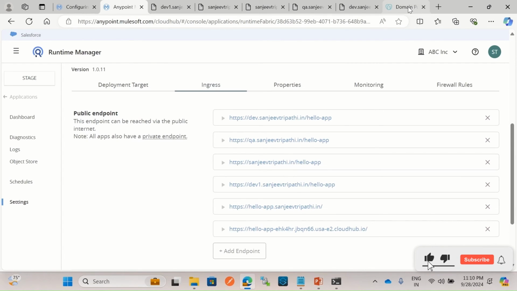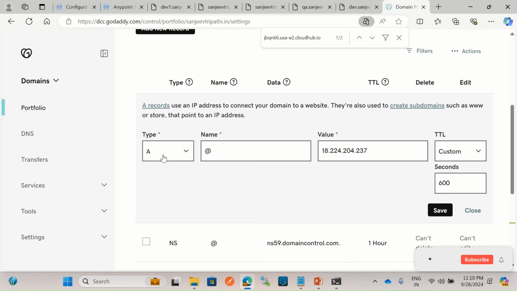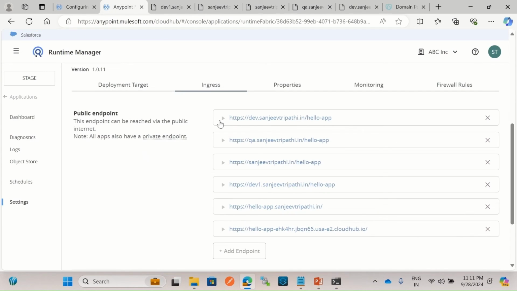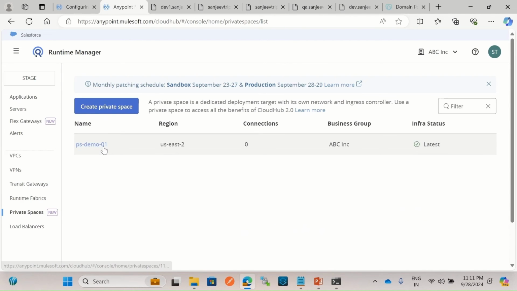So let me show you. I changed this A record value. So I went ahead and I added the A record. Here you can see the type is A record, name @ and here is the value. This value I got from the private space public DNS name. I went to the private space,